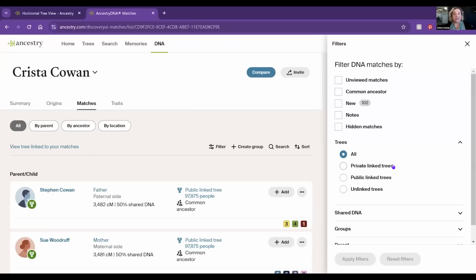And then a private linked tree simply means they have a tree, they've linked their DNA to it, but in their tree settings, they have made their tree private. So you can see that a tree exists, but you can't actually view the whole tree unless you ask that person for permission to view that tree. So those are the tree filters, and you can go explore, for example, especially if you're brand new, just filter to everybody who has a public linked tree,